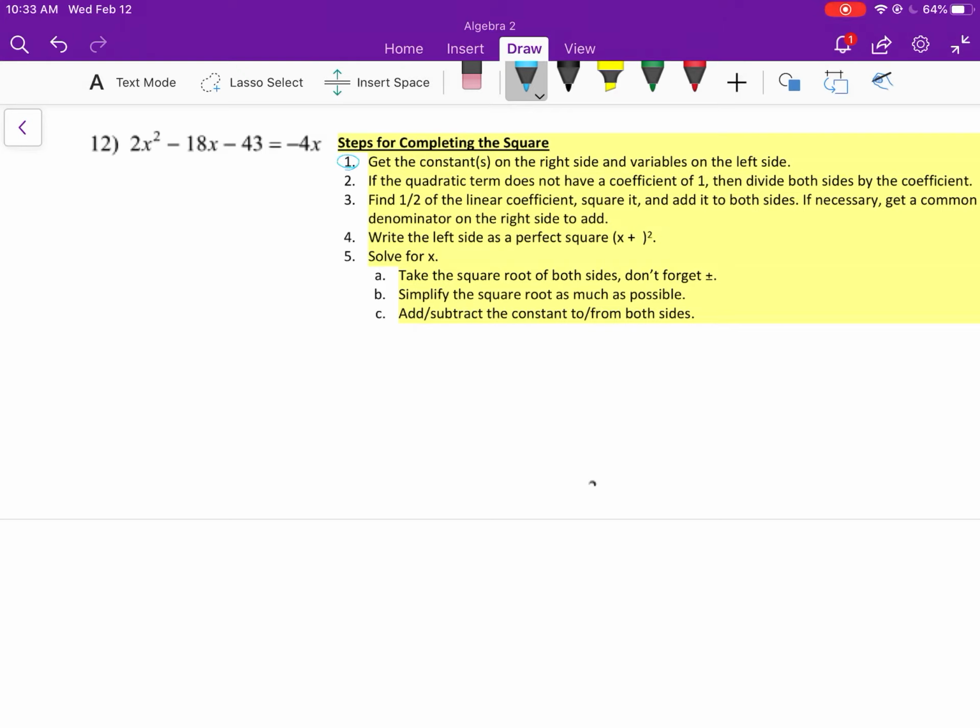I need to get the constants on the right side. So here's negative 43. That's a constant. I'm going to have to add 43 to both sides. And I also want to get the variables on the left side. Well, I have a 4x here, so I have to add 4x to both sides. So the variables are on the left side,